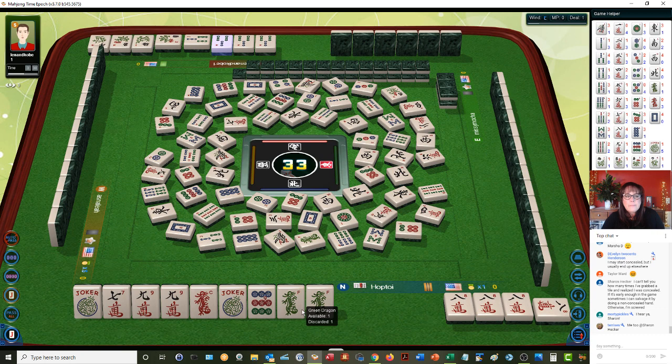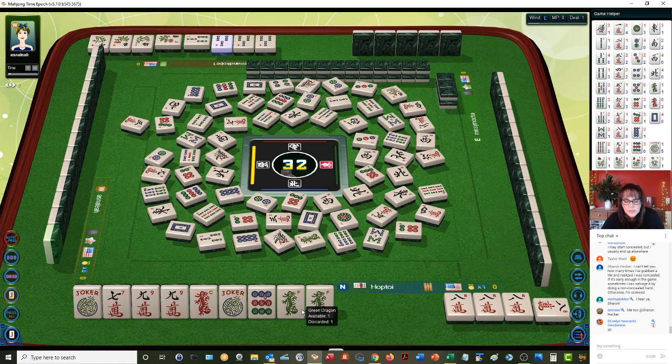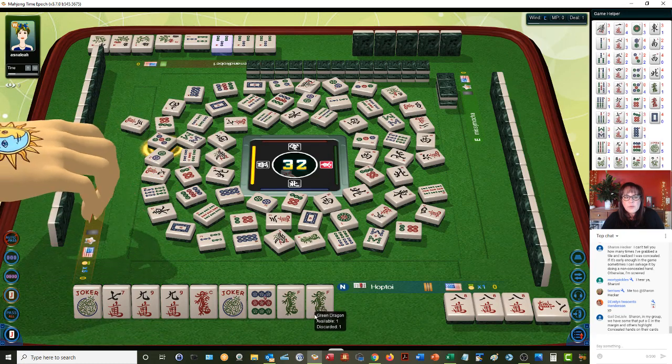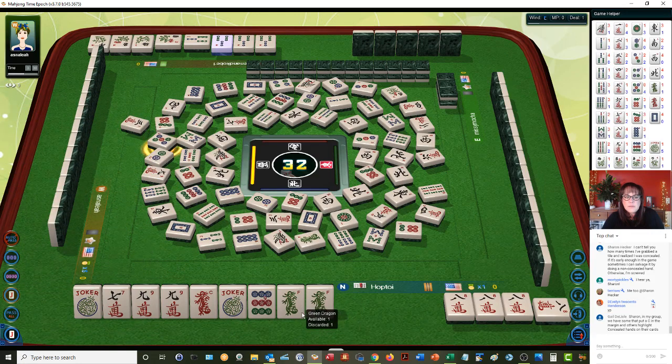Okay. So they have a Kong of flowers and a Kong of 3s. 5 dots. So they're, let's see here. Hold on, let me pick and discard here. We're gonna let the dragon go. Green dragon. So